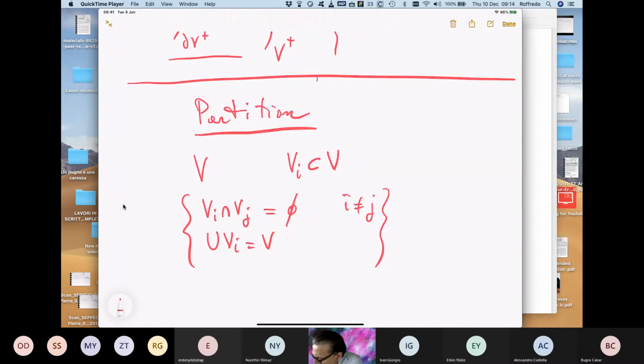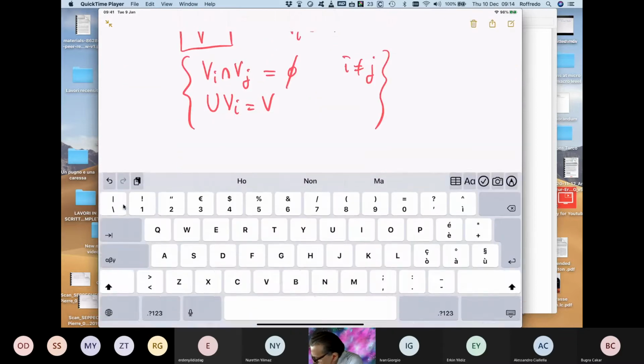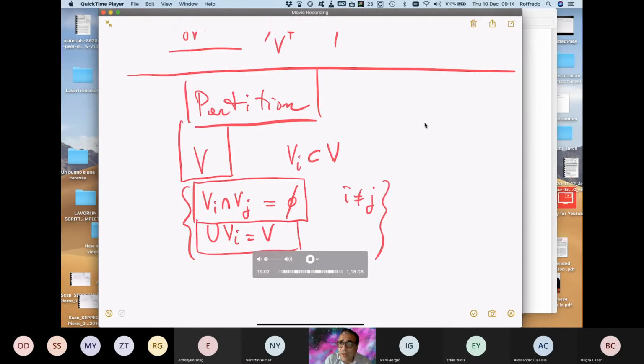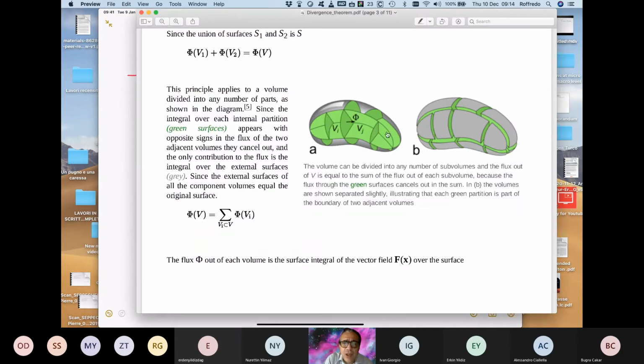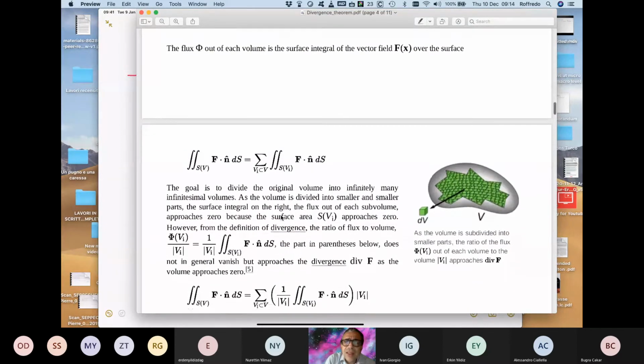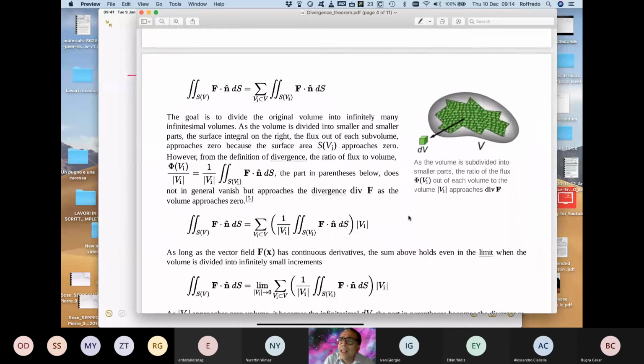So this is the definition of partition. I repeat it. When you have a volume, you have a family of subsets of the volume, Vi, and the union of these subsets is V, and the intersection of two different elements of the partition is empty. Okay? So whenever you have a partition of this volume, you can apply this formula. Okay, it is rather astonishing, you will see now, how this concept can be one of the most fundamental concepts of